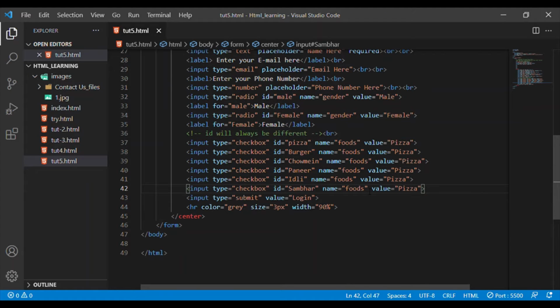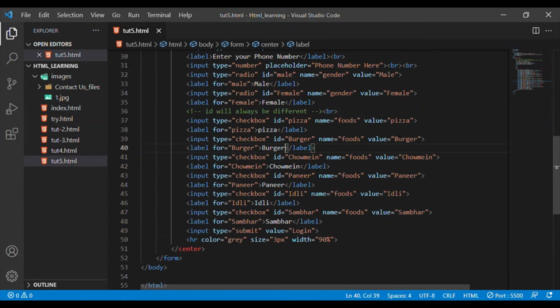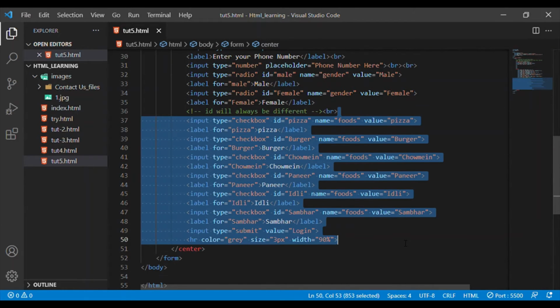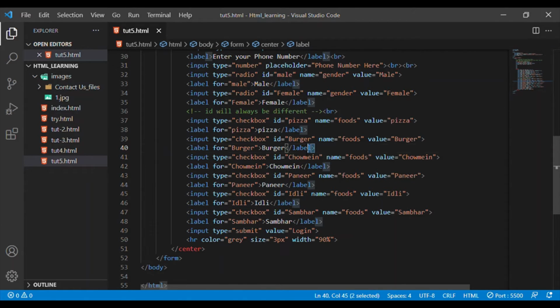Alright, the name would be the same and the values should be different. Let me quickly change it. As you can see, I have changed the values, and I have also added a label, similar to the label I showed you with the radios, as it gives the particular value or name for that checkbox, and it would be irrelevant without that. So let's quickly check out what its role is.